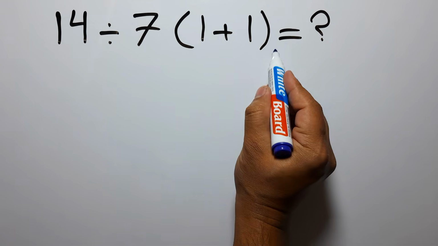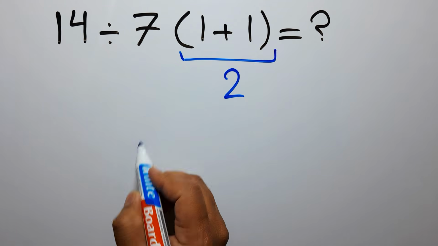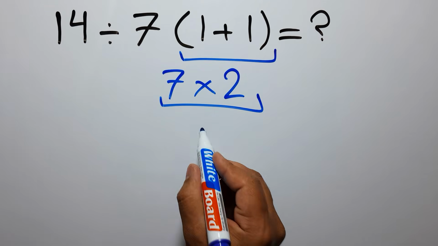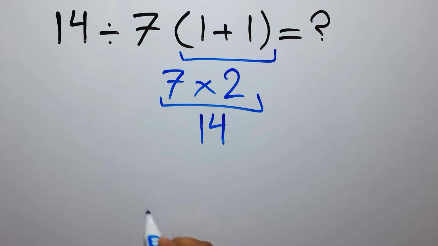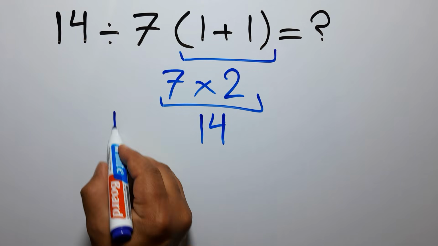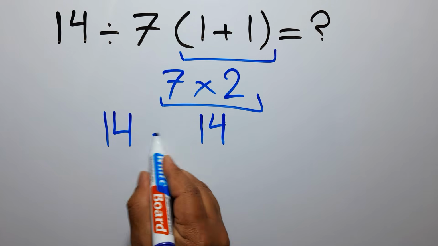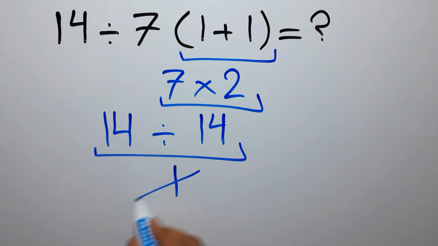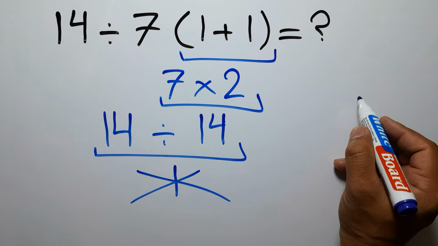1 plus 1 gives us 2. And 7 times 2 gives us 14. So 14 divided by 14 is just 1. But this answer is not correct, because according to the order of operations, which is PEMDAS,